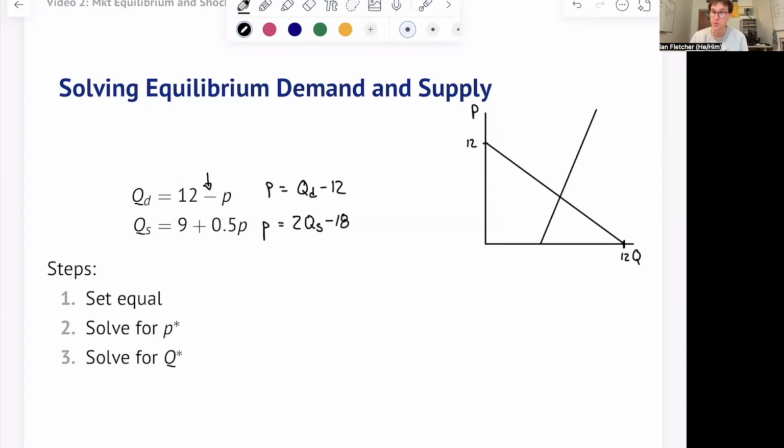So we've got these two. Now, to find our equilibrium, let's say that we wanted to figure out what this Q star is and what this P star is. The best way to do it is just to set the two equal to each other, because where these two curves cross, the Q's are equal to each other and the P's are equal to each other. So if we set QD equal to QS, then we're going to get 12 minus P should equal 9 plus 0.5P. So let's subtract the 9 from both sides, add the P to both sides, divide,